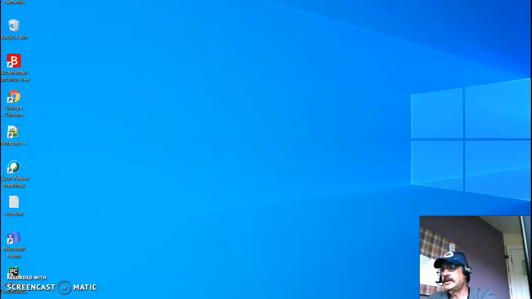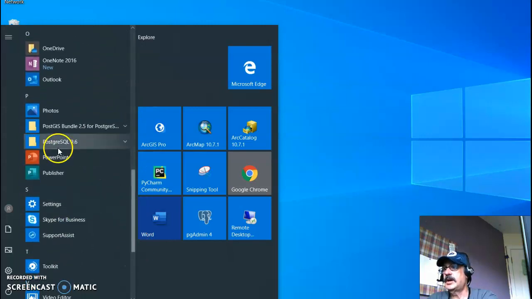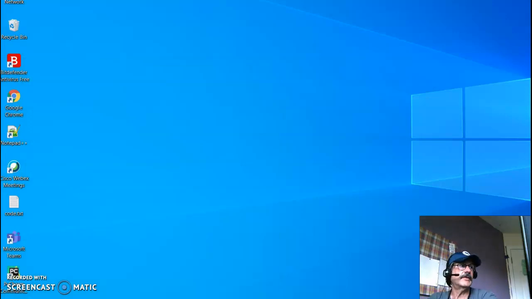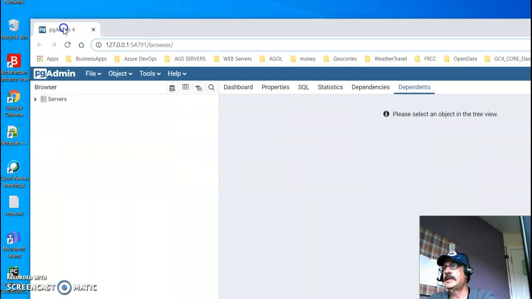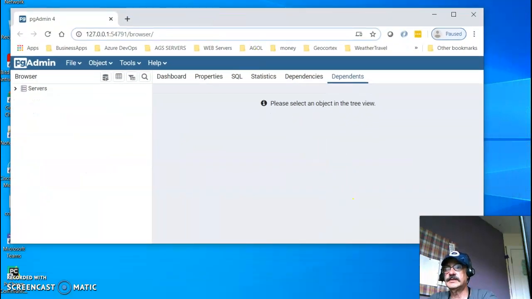And the way we're going to give it input is we're going to launch a client called pgAdmin 4. You should also notice over here, and yours may say new because I've downloaded this before, you've got your PostGIS bundle for Postgres, and then Postgres 9.6, and there's this client called pgAdmin 4. Let's go ahead and fire it up. It's actually a web-based interface. By default, you'll see that it has basically the home